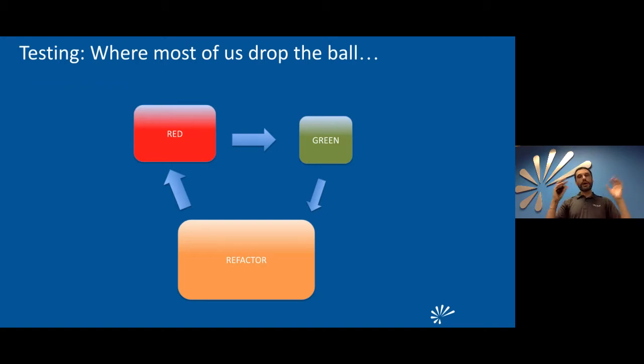The sizes of the boxes illustrate where I believe we should spend the most time. So we should spend quite a bit of time writing that initial test to essentially describe what it is that we want to have when we are done implementing the feature. And then write just enough code to make it pass. And then the refactor part, and here's where a lot of folks drop the ball, they only refactor the implementation code, not the test code.